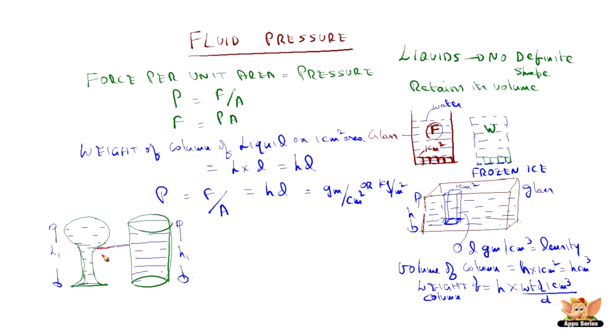And let's take the point A, where let's say the height is H2. That means we want to see what is the pressure at the bottom of the container for these two, that means at the height H1. And we want to see what is the pressure at a point A at the same points of these two containers, which are H2 of height from the top. So pressure for the bottom of these containers,